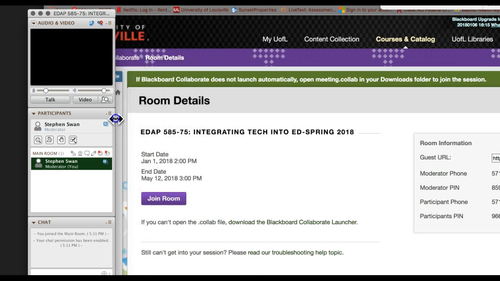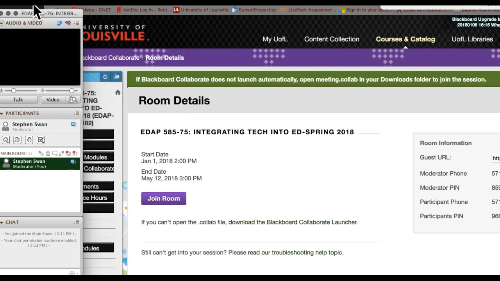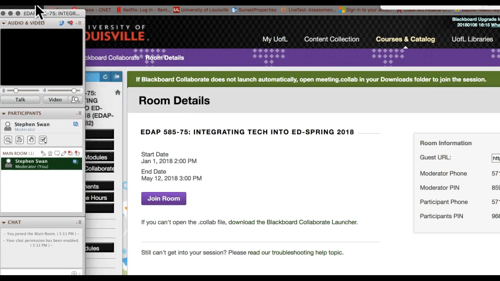So for those of you at home, you'll see exactly what this looks like. You can move your little Collaborate window out of the way, or you can leave it up so you can see what people might be saying down here in the chat room. This is where we all end up. Make sure that when you're in the Collaborate window that you turn on your talk button. And as you can see, it's recognizing that I'm here because the little line is moving.